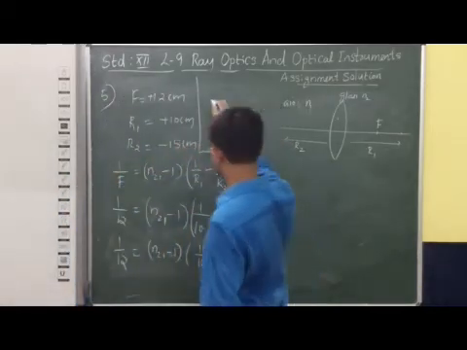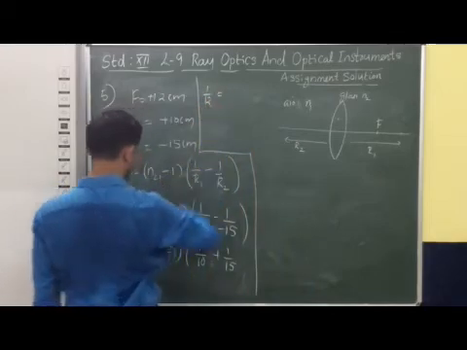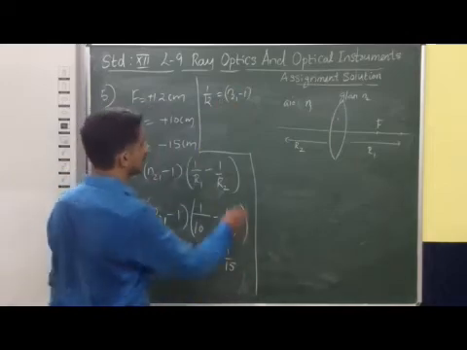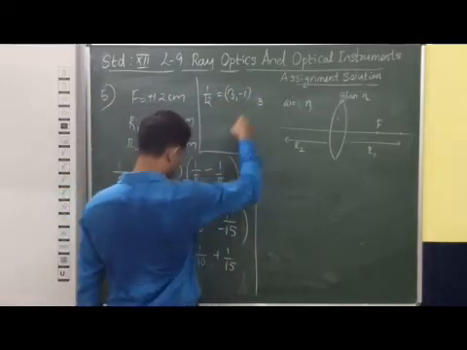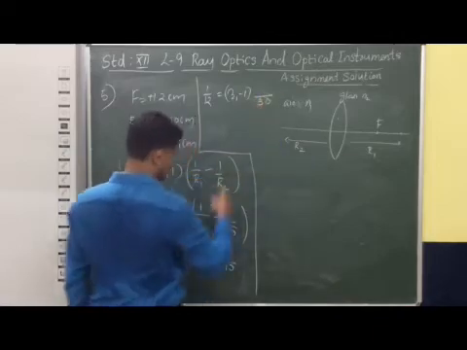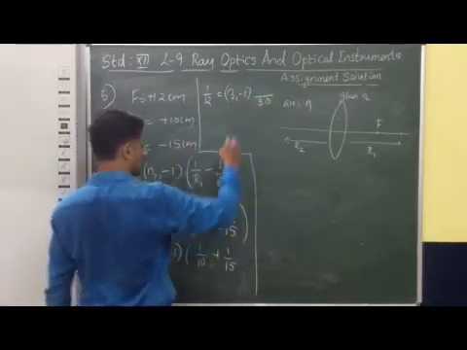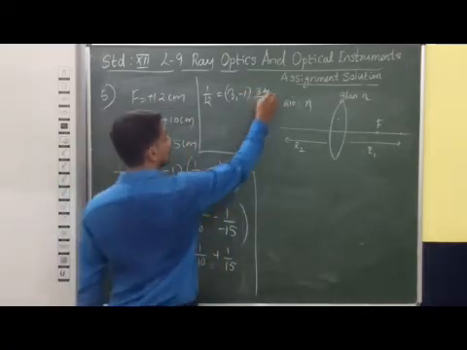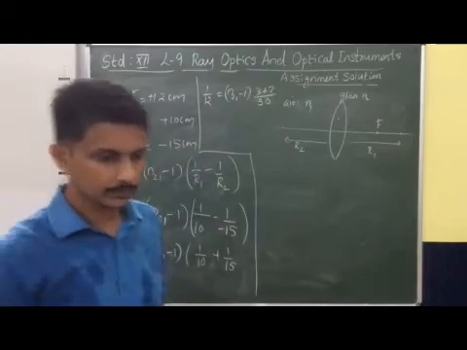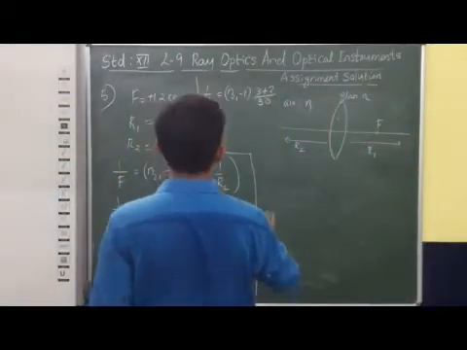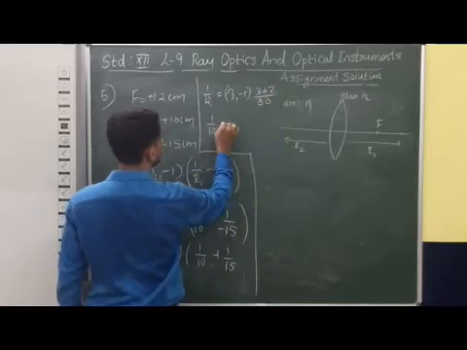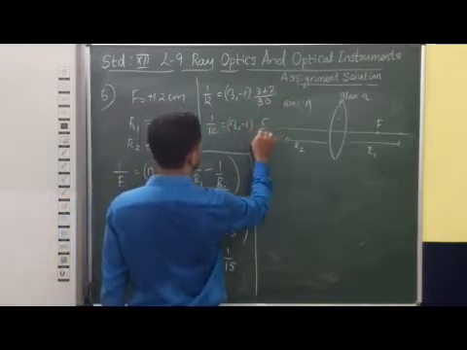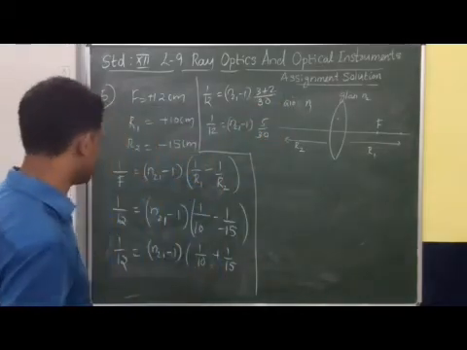When we are solving this, you can see that 1 by 12 is equal to N21 minus 1 into, what is the LCM of this? We can take it as 30. If we simplify this, it should be 3 plus 2. That means 1 by 12 is equal to N21 minus 1 into 5 by 30. So this way you can simplify our equation.